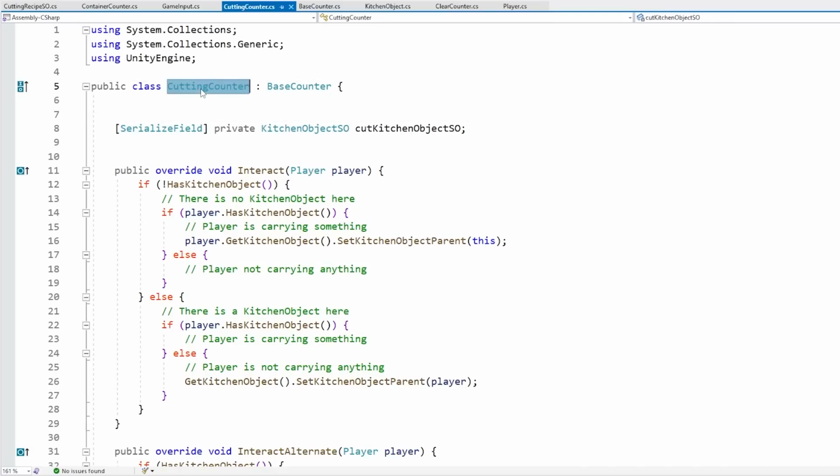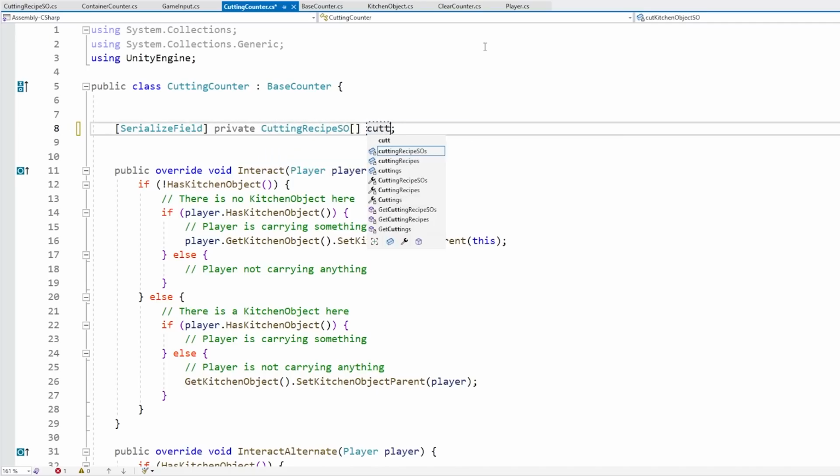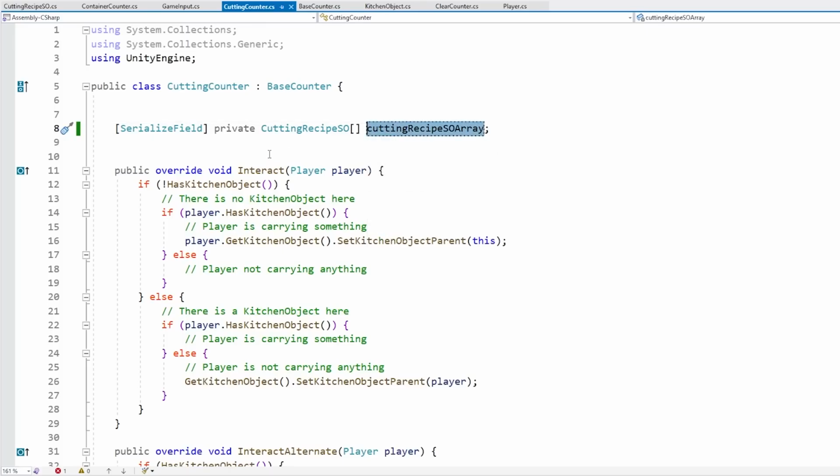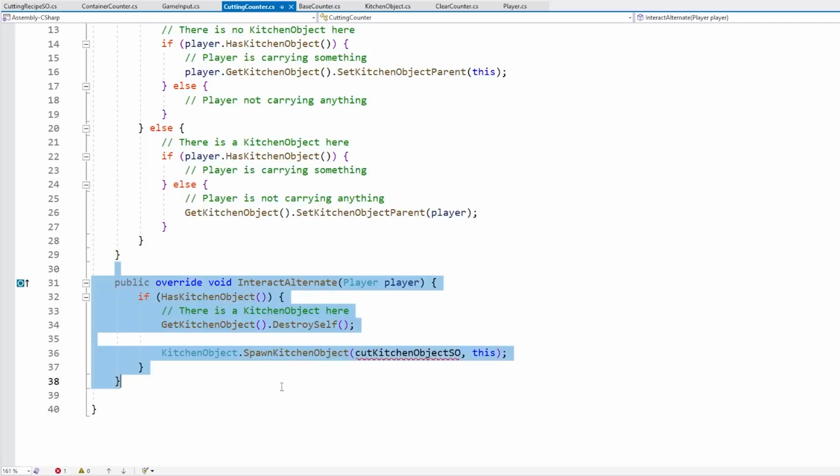So now let's go here into our cutting counter. Instead of having a hard-coded kitchen object, let's receive a field of type cutting recipe. Except we're going to have multiple, so let's actually make an array of this. Call it the cutting recipe SO array. Now for the interaction, this is picking up and dropping things, so let's leave that the same for now. And over here on the alternate,